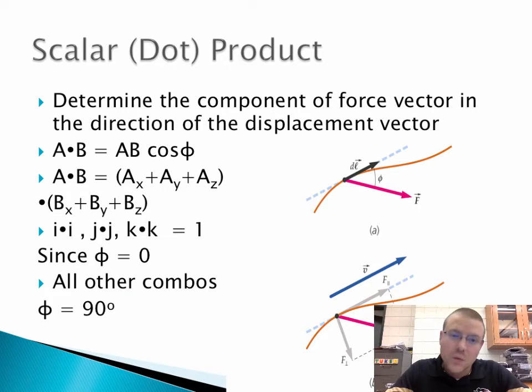Because in the past, what we've been able to do is add vectors, tail to tip. We've been able to subtract vectors the same way to find resultants. But we really haven't been able to multiply vectors yet. And that's really what we're going to try and do here. With a scalar, the reason we also call it a dot, or if I go back and forth between those two, is that little dot there between A and B is for multiplication. So I'm taking vector A, I'm multiplying it by vector B, and that little dot is in the middle to